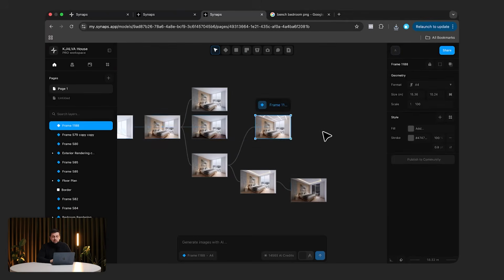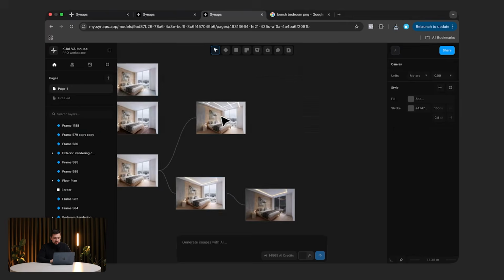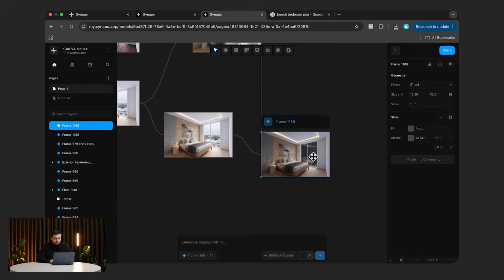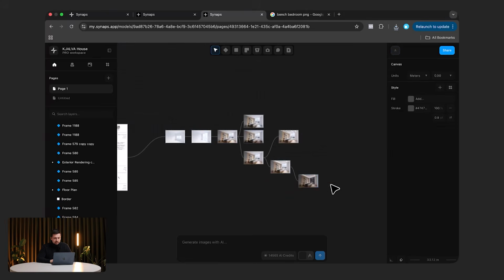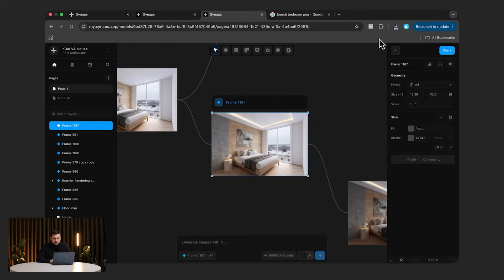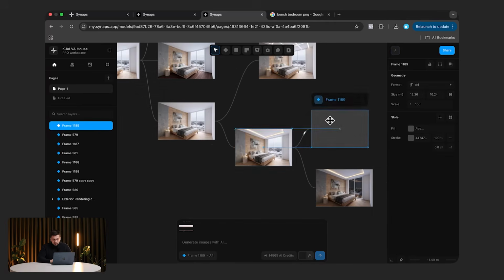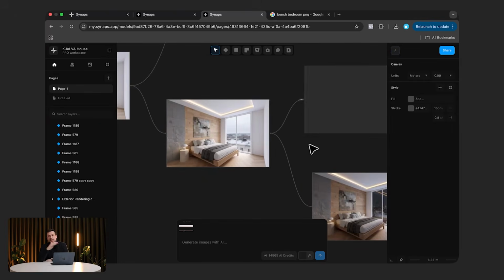Now, if you want to get even more specific, I'm going to show you how we can attach images and actually get very good output. So you can see that we kind of branch things off and test different options. What we can do is I can select this and I can say, just add this bench next to the bed. So now we can also add furniture via a reference image in 9.8 seconds without having to 3D model